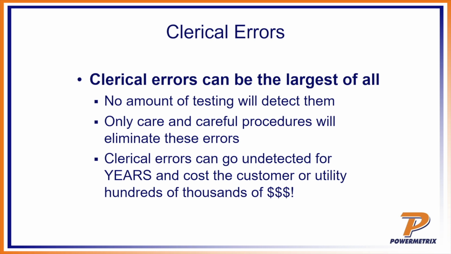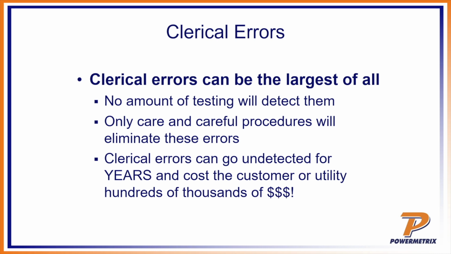Maybe for some reason, right there in your 3 series, it says that this site that you've been to before has a billing multiplier of, for instance, 3. You walk up and you go, oh yeah, this is normal, everything's checking out. But you look at that nameplate and you notice that the billing multiplier is not 3, it's 5. Oh my goodness, do I have a problem now? Because all this time I've been multiplying by 3 and it should have been a 5. The 3 series and the meter are not going to tell you that it's supposed to be 5.